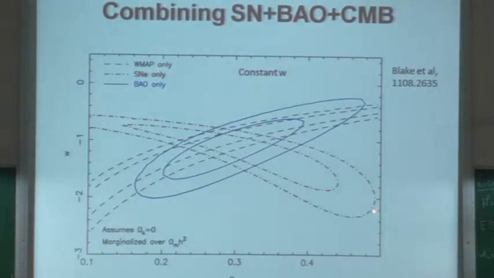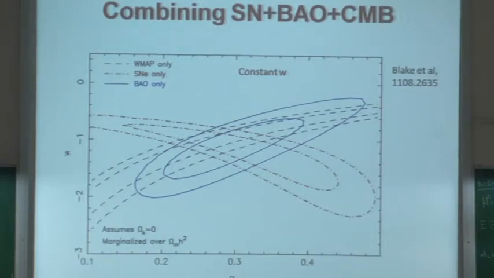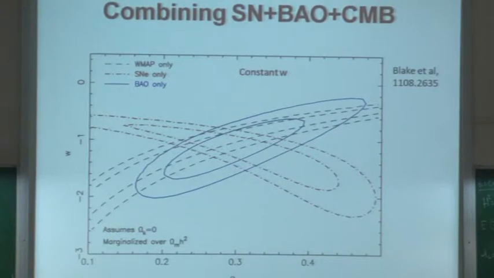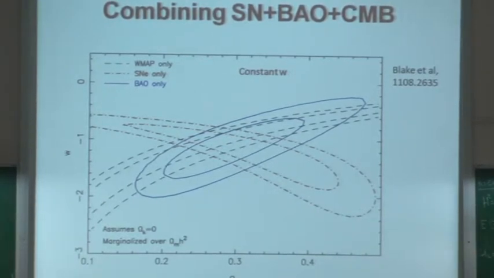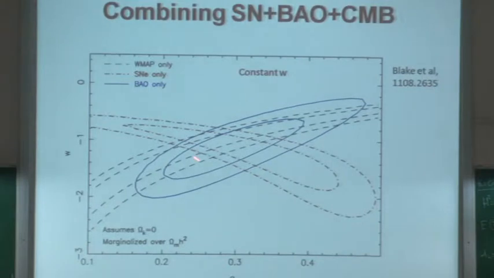As I said, the supernova measure the luminosity distance, right? The flux measure. Both CMB and baryon acoustic oscillation actually measure some scale and the angle that it subtends in the scale. From there it measures the distance. And you see that they are actually orthogonal. That's why they are very effective measurements, because both the CMB and the baryon acoustic oscillation have the slope in the same direction, as they measure the angular diameter distance, or the angle that any scale subtends in the universe. Whereas the supernova data measure the luminosity distance and it has a completely opposite shape. And that's why these are very important measurements to combine to get a very, very strong constraint.